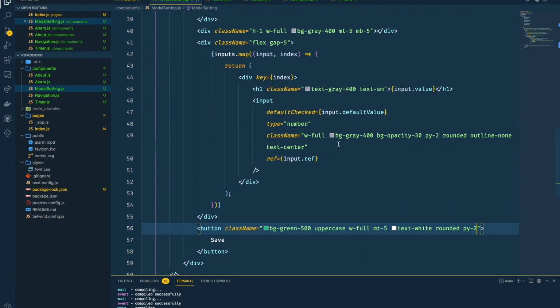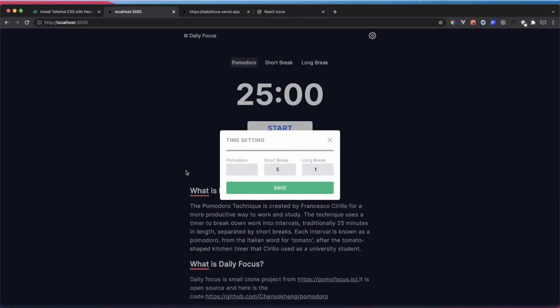but we do not have a default value. So where is that? So this one should be default value, not default checks. If we refresh, we could see, okay, very nice, that's good, but we don't want this to be open. We only want this one to open when we click on this one, right? So we need to have